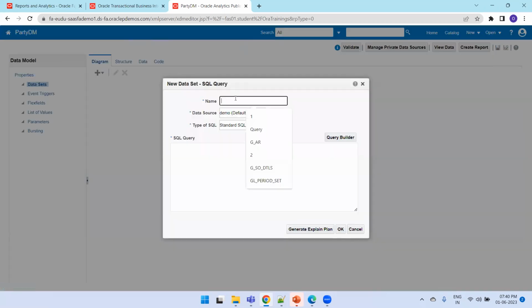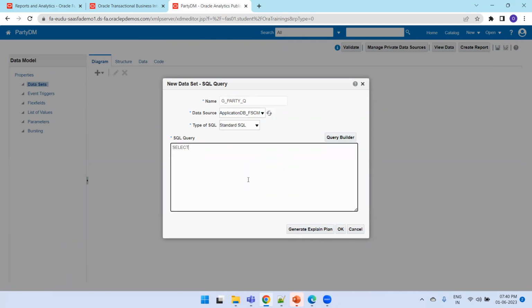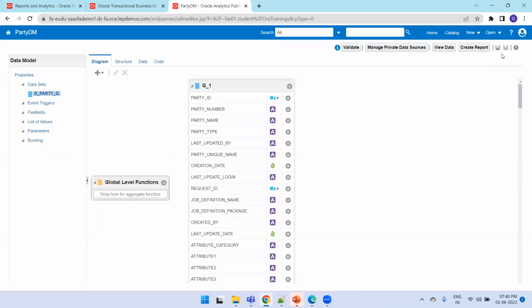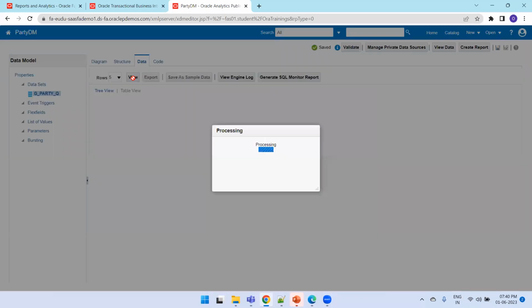Here you have to mention the data set name. I'll go with G_PARTY_Q. And for data source, I'll select ApplicationDB_FSCM. For the query, you just mention the appropriate one. I'll go with HZ_PARTIES where row number less than 100, because it may flood with a lot of records, so I'd better hard code the number of records. Click on save, click on data, click on view,